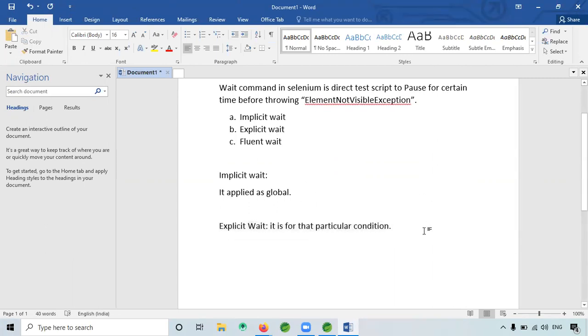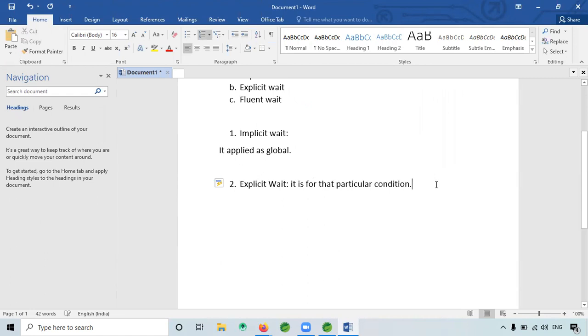let me write it. In fluent wait, we set, for example, 10 seconds, and at regular intervals, say every 2 seconds, it has to search for that particular element.